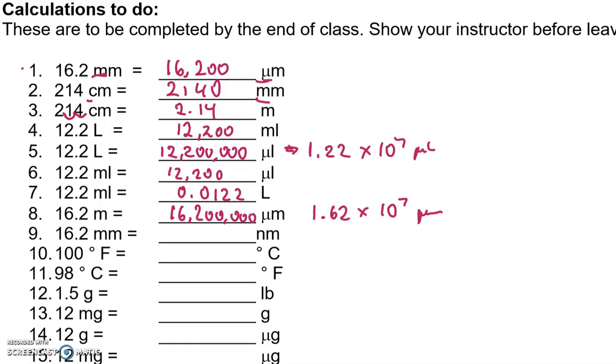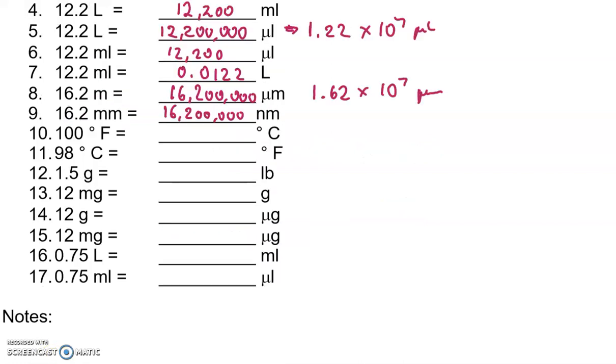16,200,000, and again, you can write that number in scientific notation. It will be 1.62 times 10 to the 7th. In 10, we need to convert 100 degrees Fahrenheit to degrees Celsius. The way that works is we take the Fahrenheit minus 32. So 100 minus 32, I'll calculate that, and then multiply that number times 5/9. And that will get us, let's just do 1 decimal point,